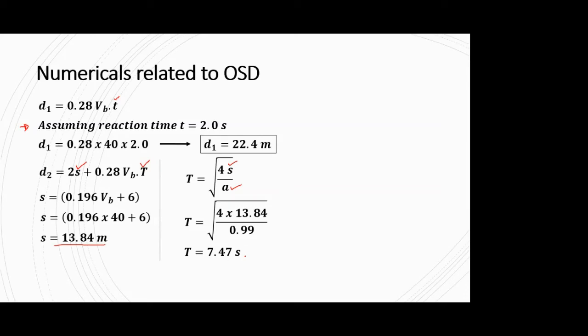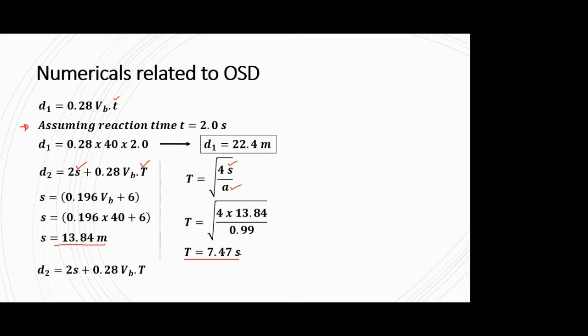Now those who are using the formula with speed values in meter per second might get a slightly different answer. That too in decimal places, might be 13.01 or 13.5, something like that. It comes out to be pretty much the same, but the decimal places will vary; the whole number doesn't vary. Very rarely, even if it varies, the places before the decimal will vary by 1 or 2 meters. Okay. So now we know the value of S, we know the value of T.